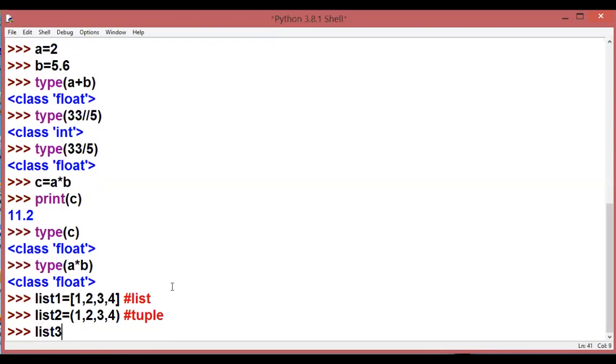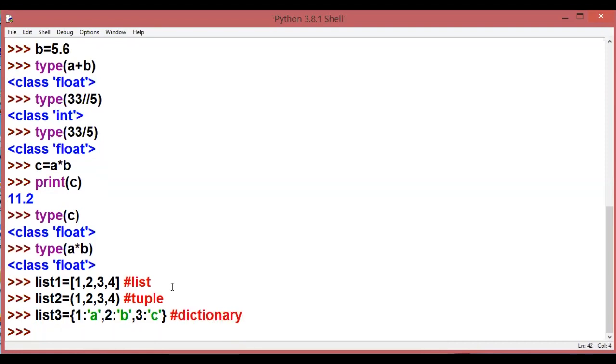Another example, list 3 is equal to, if I make these curly brackets and I write 1 is a, 2 is b and 3 is c, and close curly brackets, this pattern of writing the values is known as a dictionary.